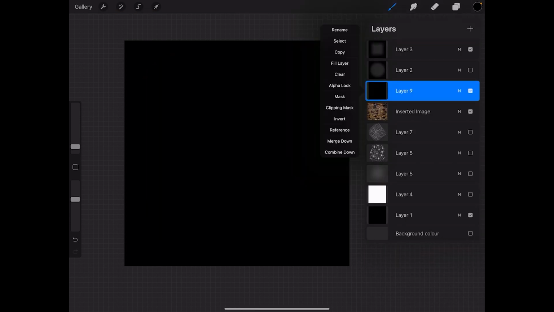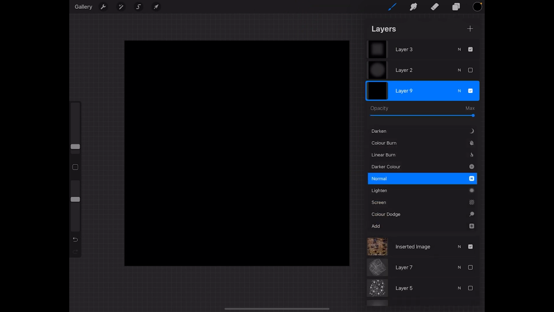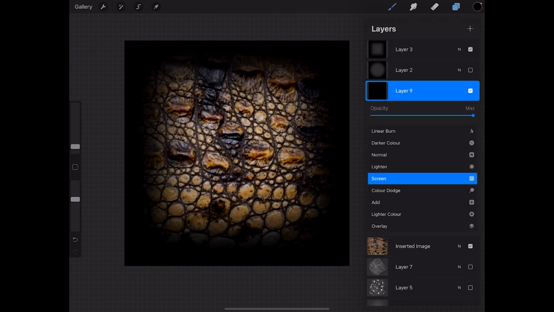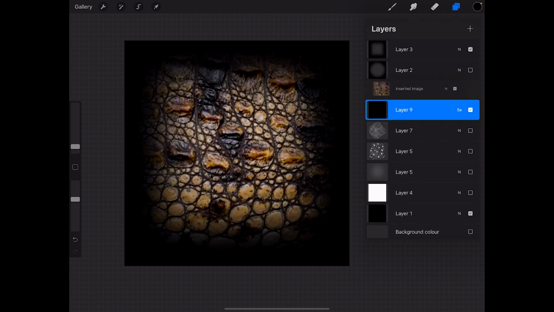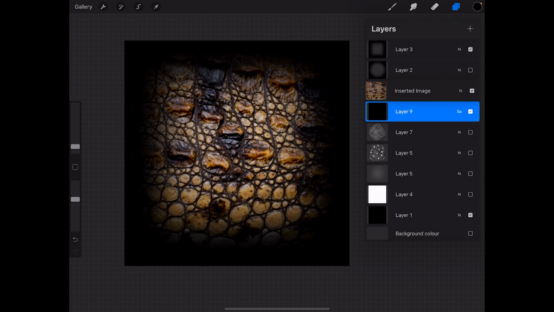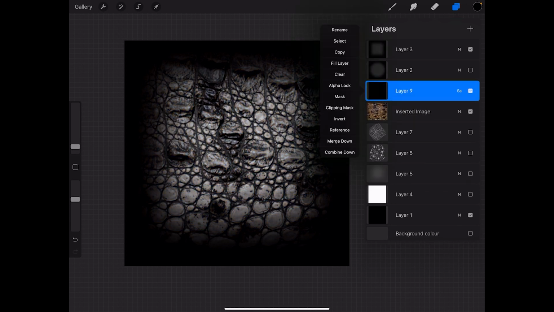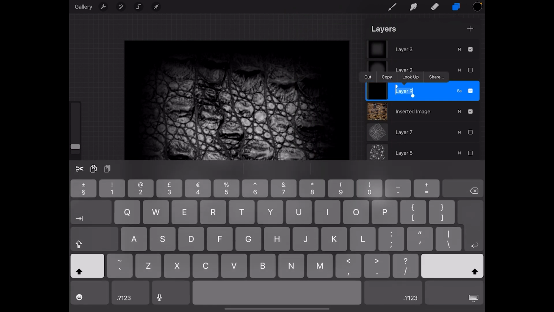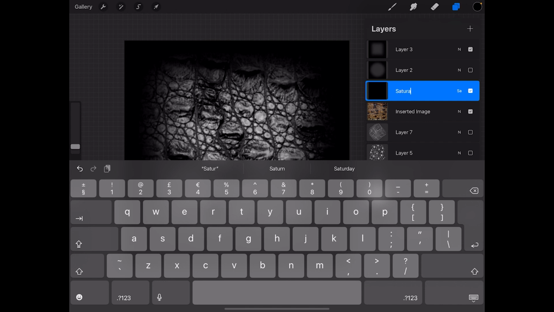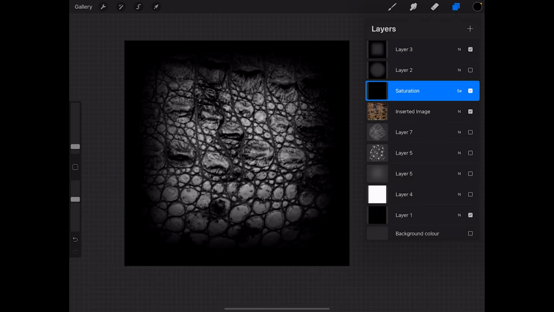Looks a bit odd because you can't see it, but in the layer, hit the little N key. So you want to go to the blend modes and then go all the way to the bottom, and you'll hit saturation. And what that means is now, whenever you put anything below that, it'll be desaturated. Anything above it will be left saturated. So that's a nice, you can name that layer now. So go to rename, and we'll just call that saturation. And that means we know now that we don't have to worry too much about going and desaturating every